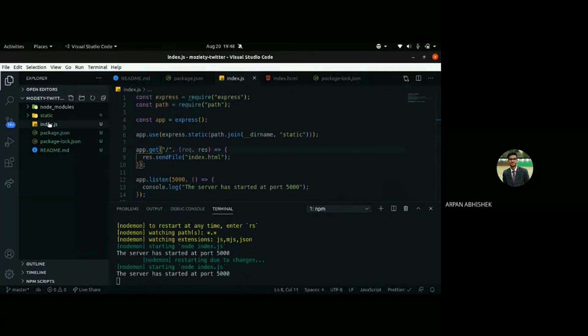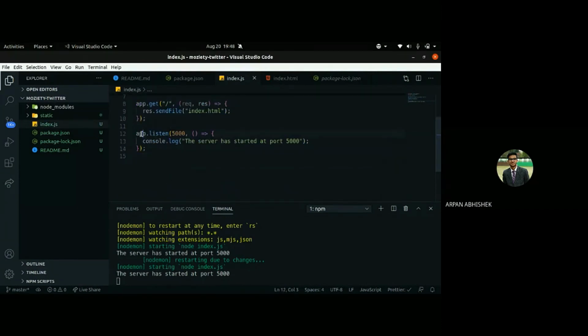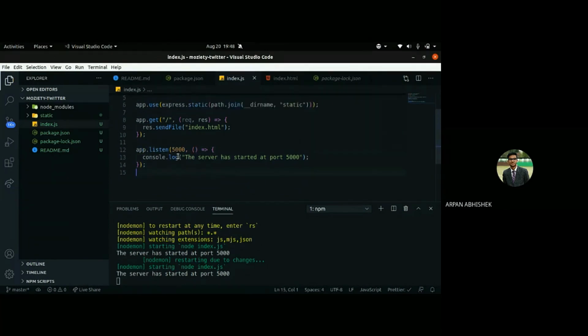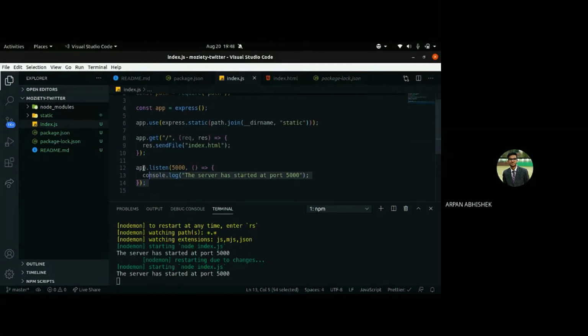You can do that in Node, but Express makes it a bit easier. You saw how easily we just wrote app.listen, gave a port number, and it started listening to that port, right? So Express just makes it easy to create a server and work with it. Okay, so that's just an abstraction over Node for creating servers and handling middlewares.